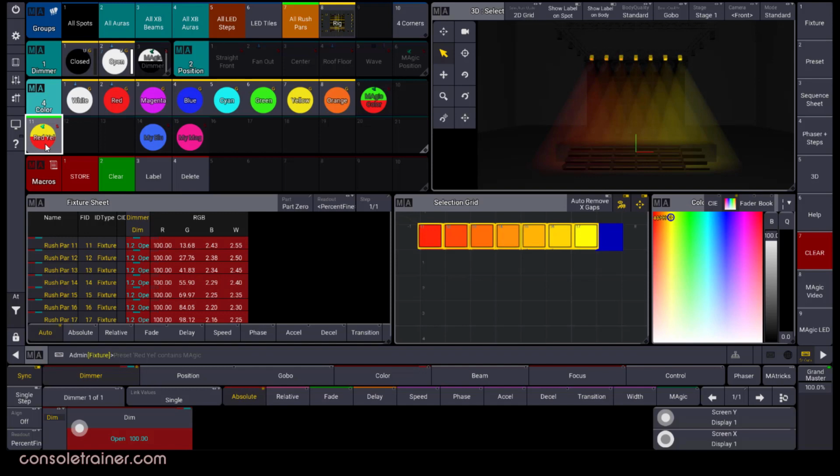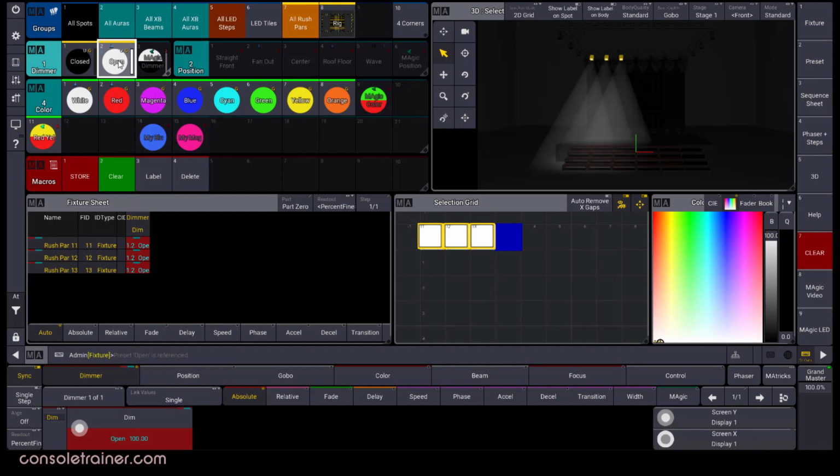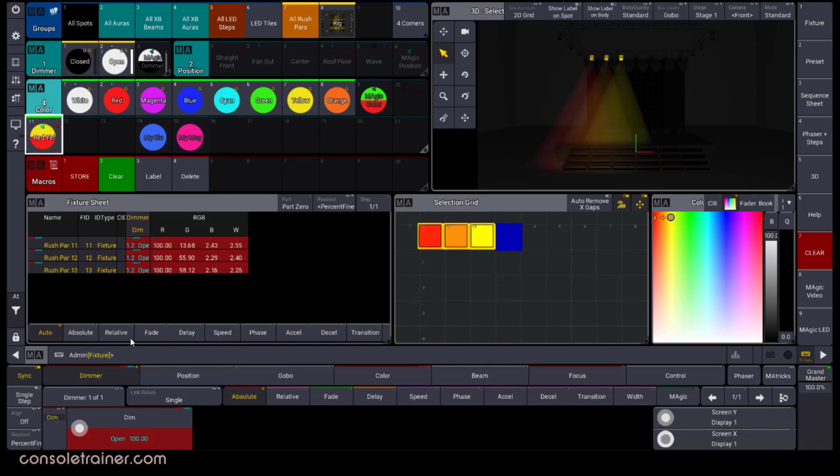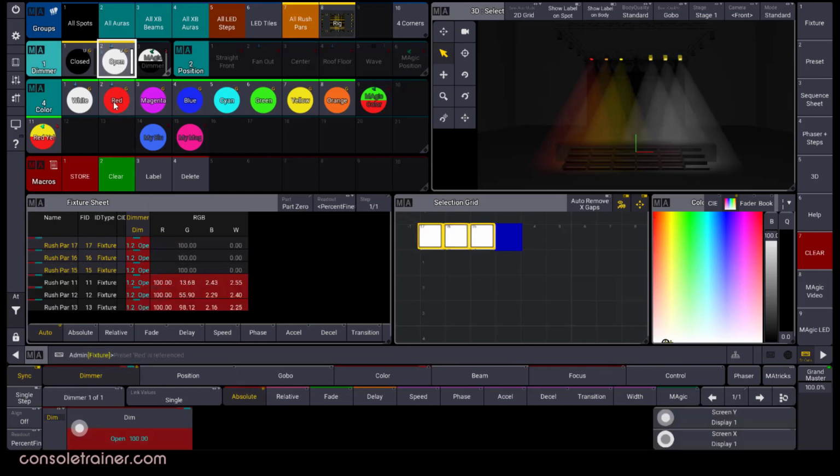Now, could I have made this look using a line on my wheels? Yeah, sure. But the difference here is that this magic preset will dynamically change the look with each different fixture selection that I make. Like, maybe this time I'll just set it to my first 3 pars. And now I'm looking at this and thinking I want a symmetrical look. So I'm going to select fixtures 17 through 15, bring them to full, and apply the magic preset to them as well. It's all about fixture selection and how that selection shows up in its grid.